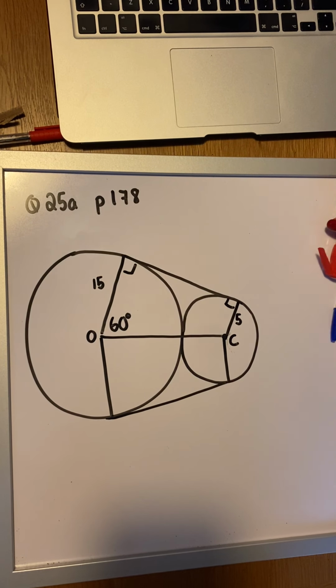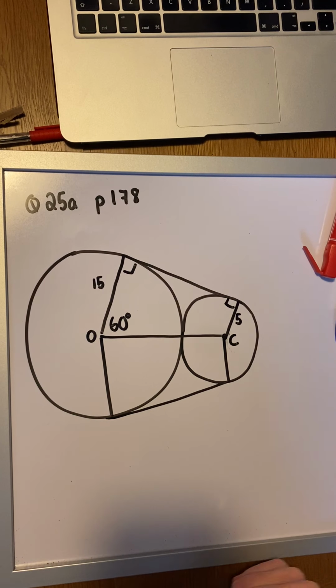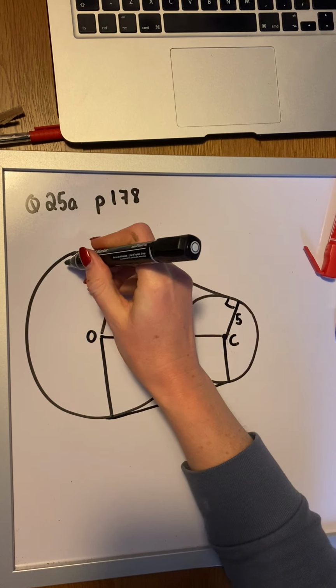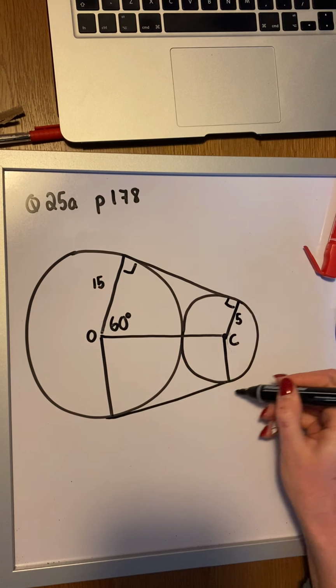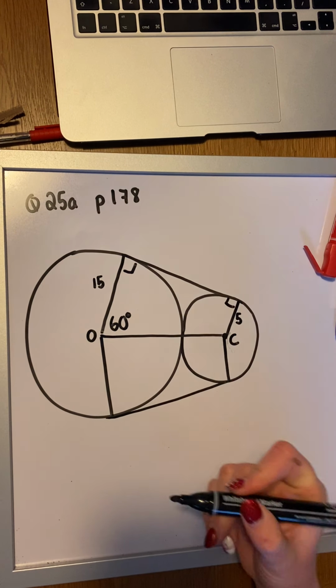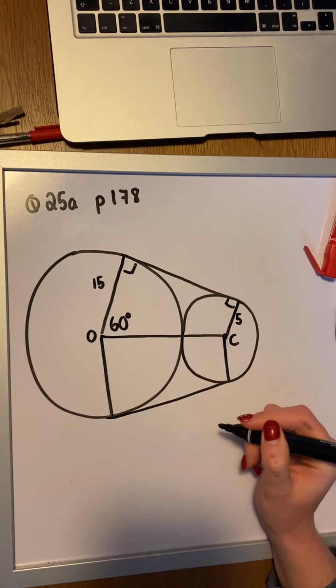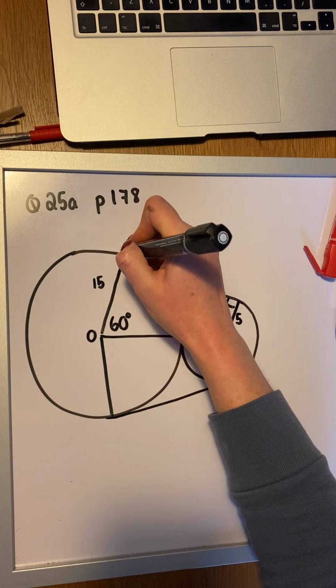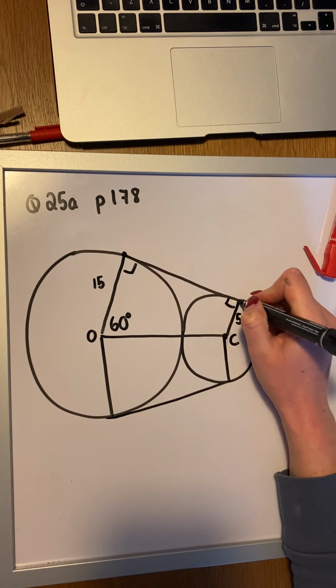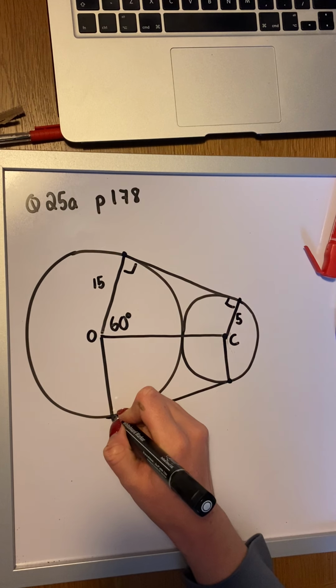All right, in this question, so this is question 25 part A from page 178. So we're looking at a belt connecting two circular wheels. So we're looking for the length of the belt going all the way around these circles. So in order to answer this question properly, we have to, first of all, look at our belt as four